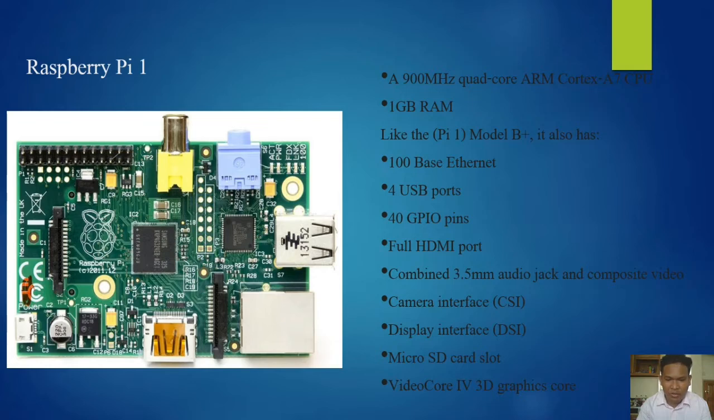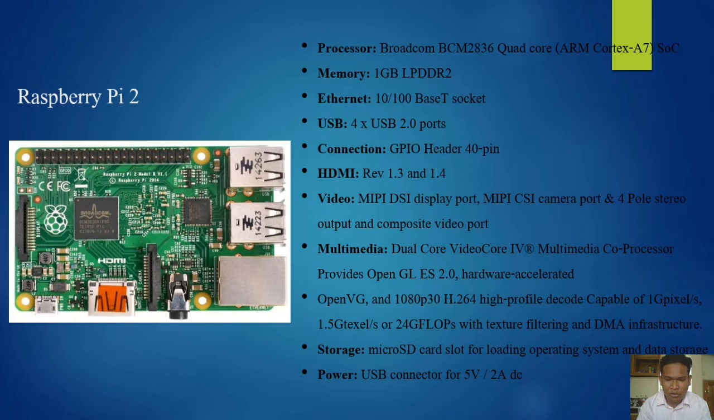The Raspberry Pi 2. Processor Broadcom BCM2836 quad-core ARM Cortex-A7, memory 1 GB LPDDR2, Ethernet 10/100 Mbit, 4 USB 2.0 ports, connection GPIO header 40 pin, HDMI 1.3 and 1.4, DSI display port, CSI camera port, full stereo output and composite video port, multimedia dual core VideoCore